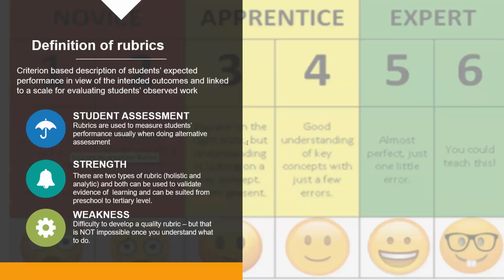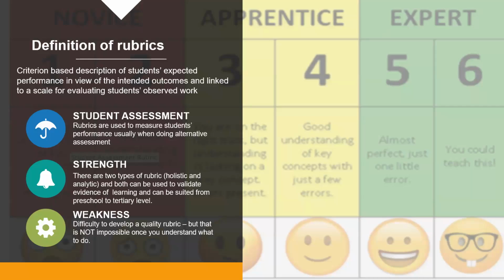But for tertiary level, it's not that it's not encouraged, but surely you will have specific characteristics that you would want to consider rather than the smiley faces. However, when you're using rubric, the weakness will be difficult.